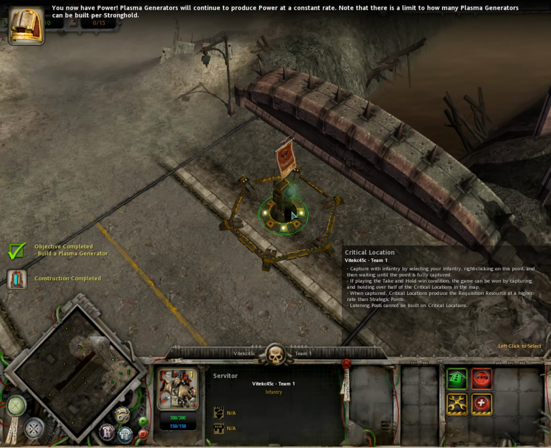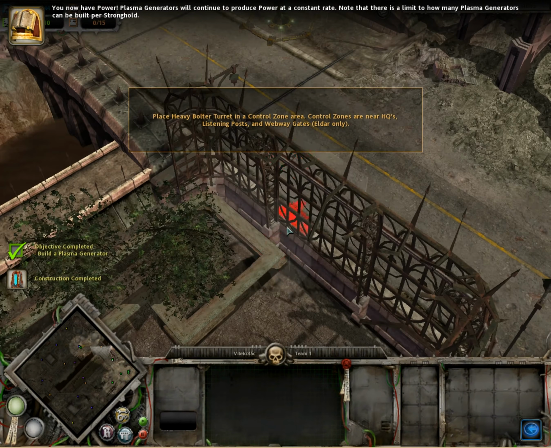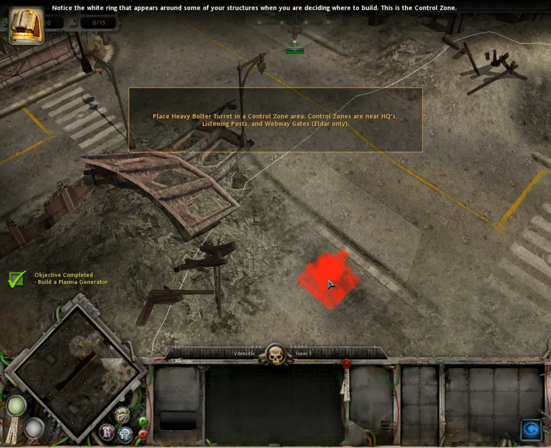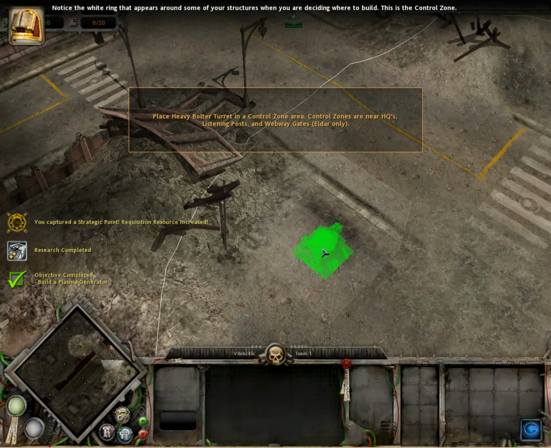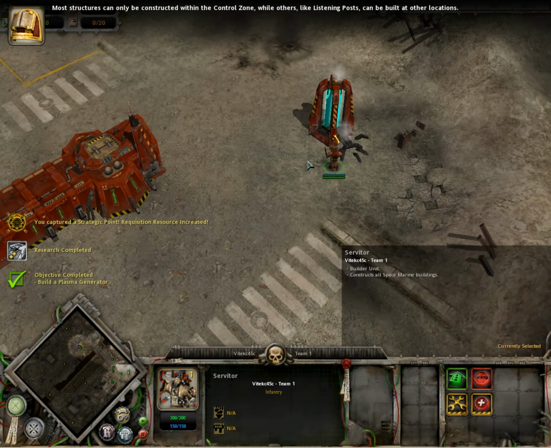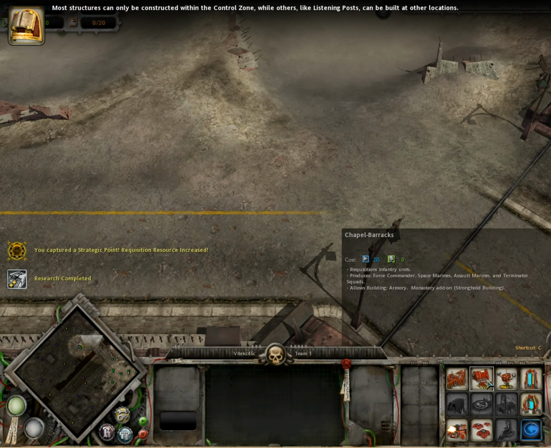You now have power. Plasma generators will continue to produce power at a constant rate. Note that there is a limit to how many plasma generators can be built per stronghold. Notice the white ring that appears around some of your structures when you are deciding where to build. This is the control zone. Most structures can only be constructed within the control zone, while others, like listening posts, can be built at other